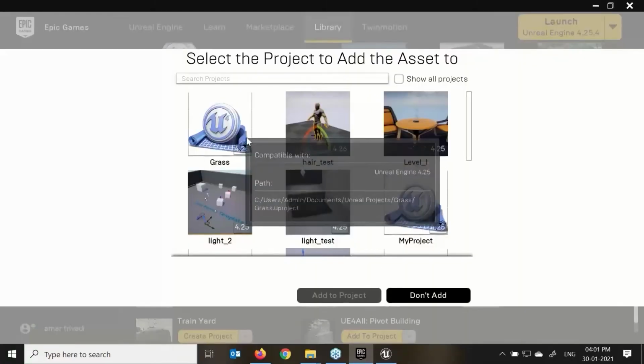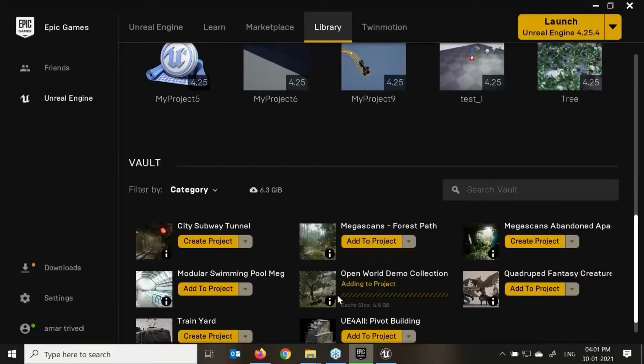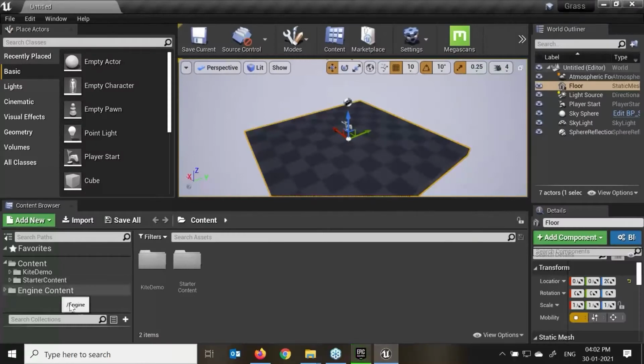It asks me which project, this grass project, and say add to project. Now it will add nearly 6 to 7 GB of folder structure to the project which we have created. It will add automatically into this editor over here.